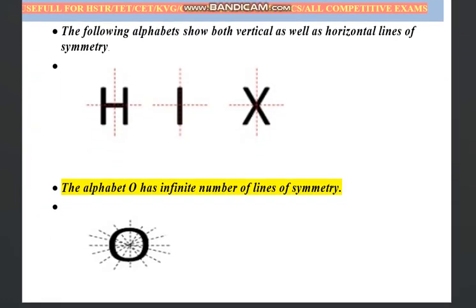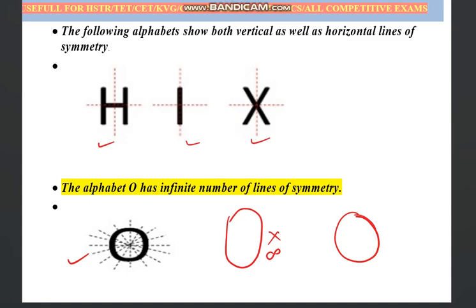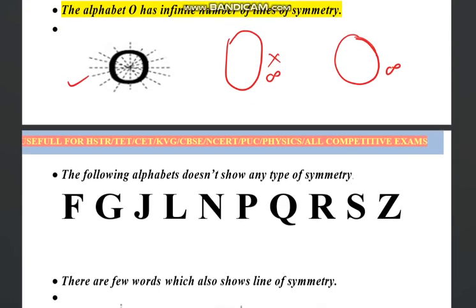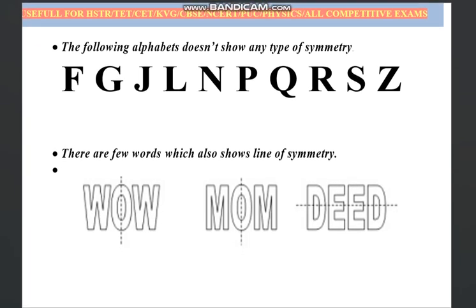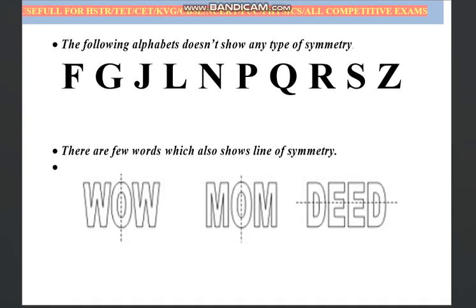We have some figures here where H, I and X have both lines of symmetry, whereas O has n number of symmetric lines. If I draw O like this, then it will not have n number of symmetries. Only if it is circular does it have n number of symmetric lines. The following alphabets don't show any type of symmetry. If I take F, G, J, these will not show any line of symmetry. Any single line can't divide the figure into two exact